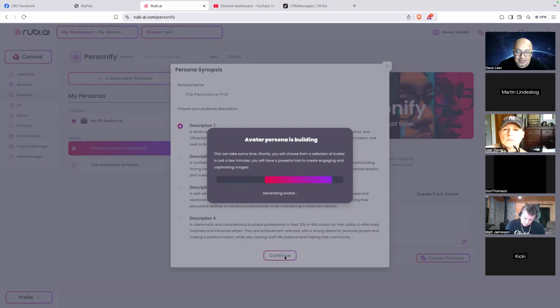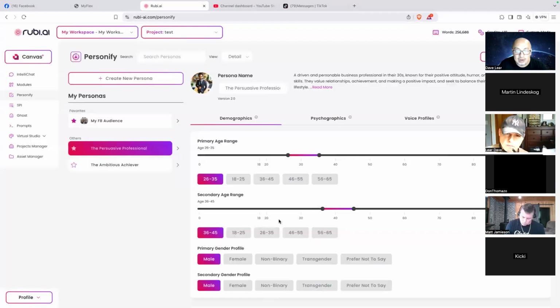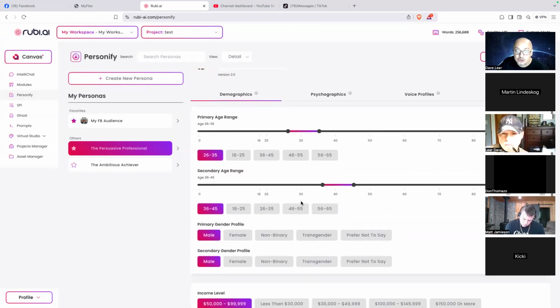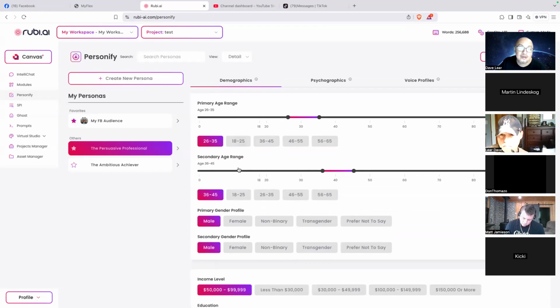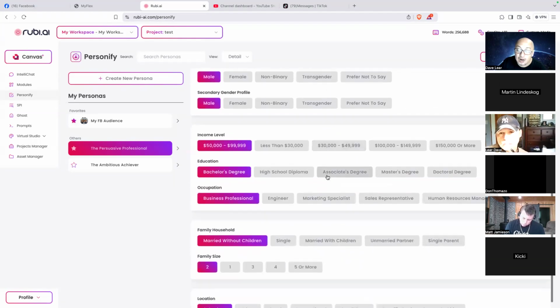It will definitely work because it really depends on the market you're trying to build. You can choose an avatar. This is just so at least you have an avatar to choose. Just finalize, and now this is the demographics of the persona that you're building. So this is going to be the target as well.